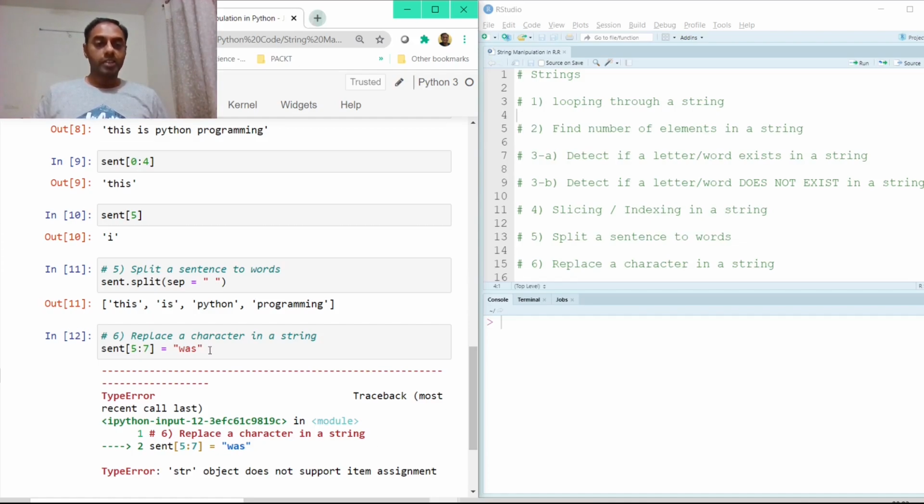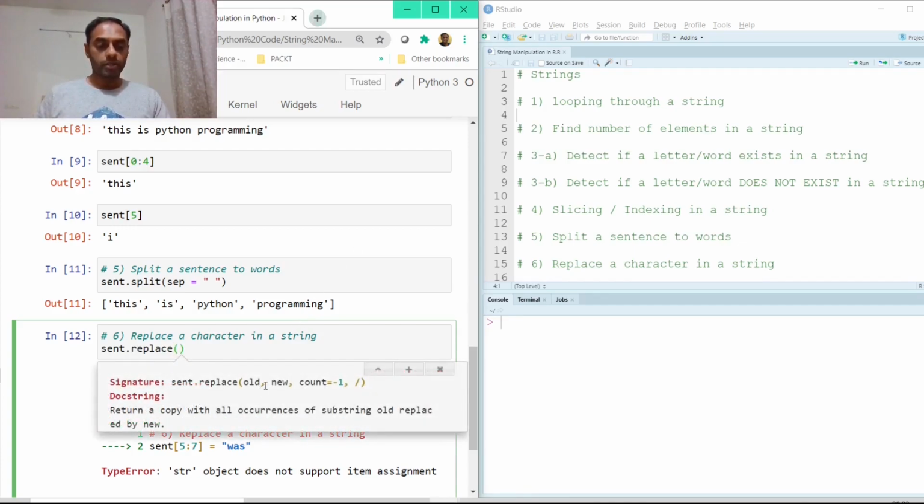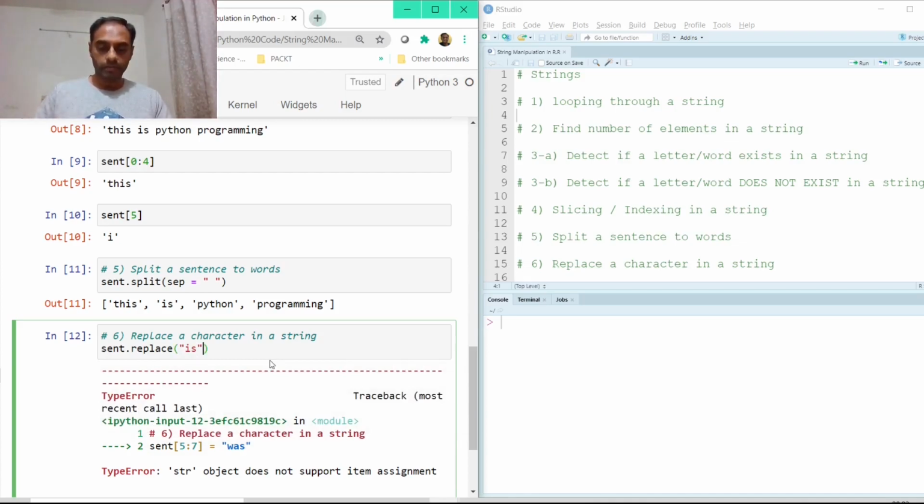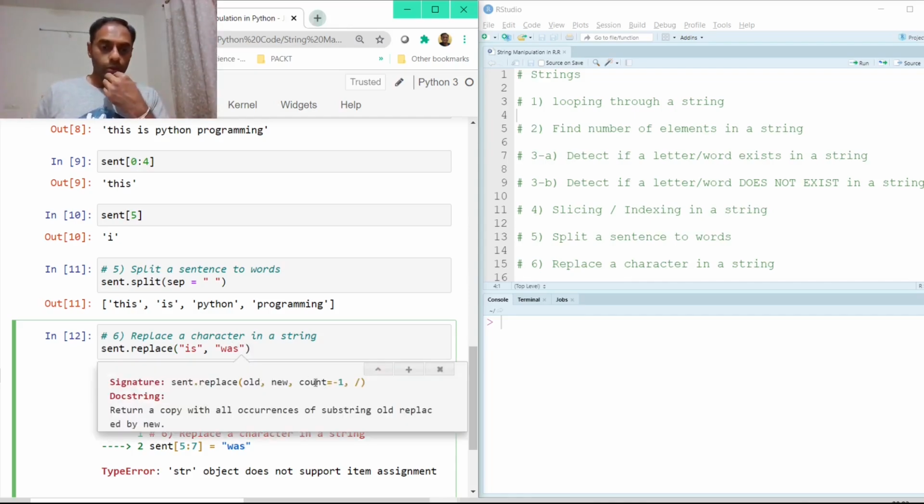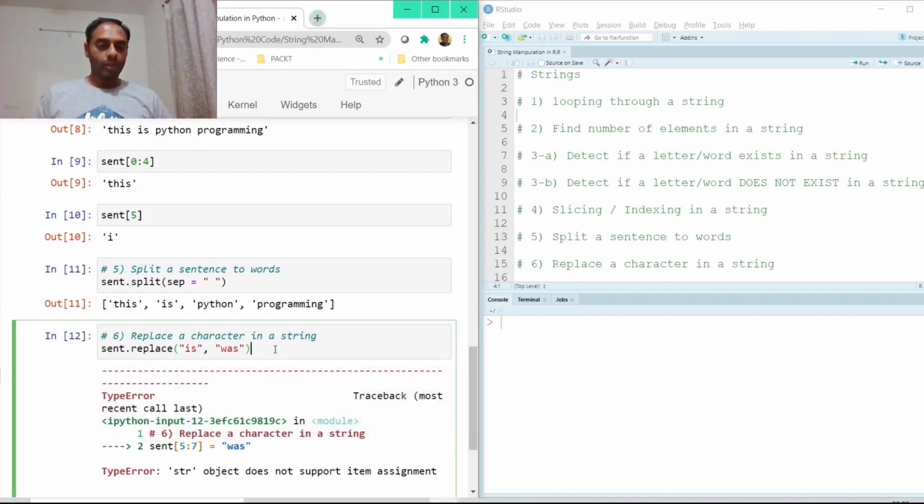However, if we still want to change that word, we have an option of using sent.replace. And here, if I press shift plus tab, I have to mention the old string and the new string, which means I want to change is to was. I also have this option of count equal to -1. Please do explore what exactly count equal to -1 is. We shall work on this in our exercise section. So right now I'm just using is and was, and now if I execute this,